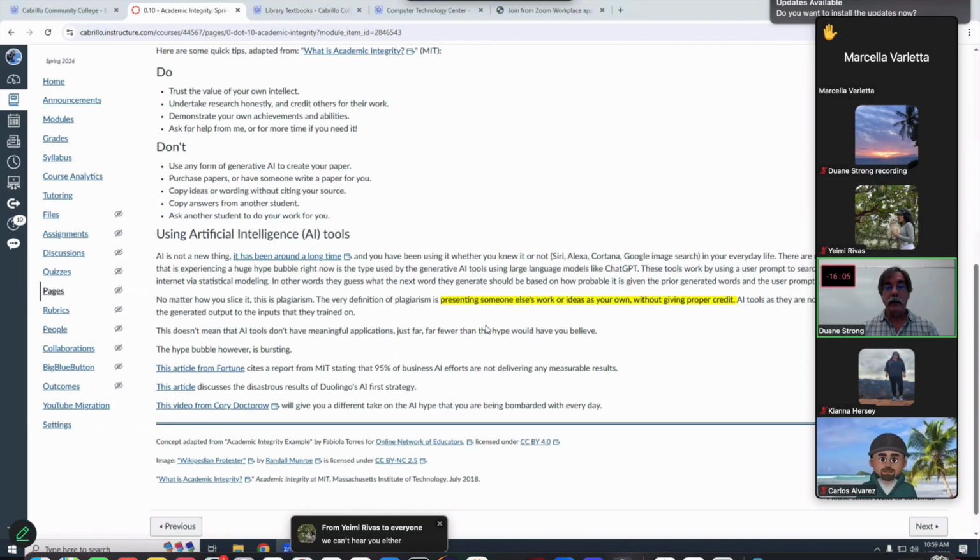OpenAI is out of money. They've burned through $170,000 a minute, and they have no paying customers. And they've run out of all their venture capital money. And the venture capital people now are saying, you need to come up with a business plan where we can make our money back, or you're not getting any more. So what are you going to start seeing now? You're going to start seeing ads in your ChatGPTs and things like that, right? Somehow they have to figure out a way to make money.